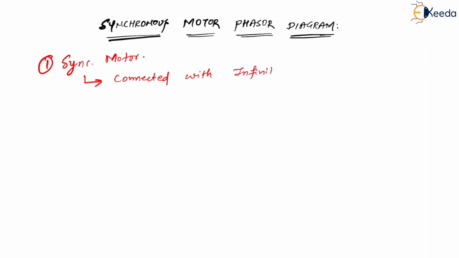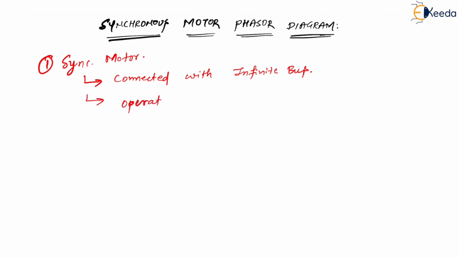It can never be connected to an alternator. Why? Because in the case of alternators you can have two alternators connected to each other, but here you just cannot have that, according to the first and foremost assumption. Anyways, let us move on to the next one. So it is connected to the infinite bus. This is the first case. Second, we are assuming that we let it operate